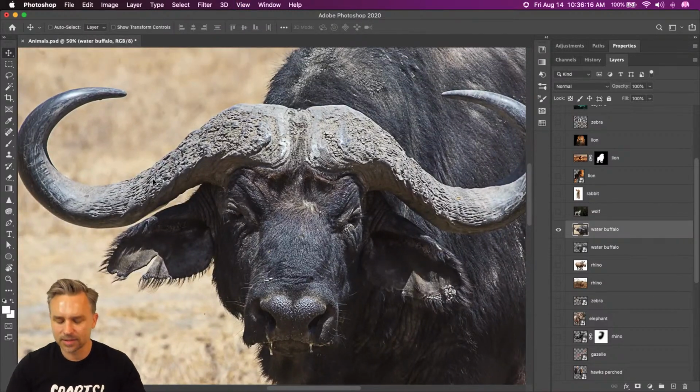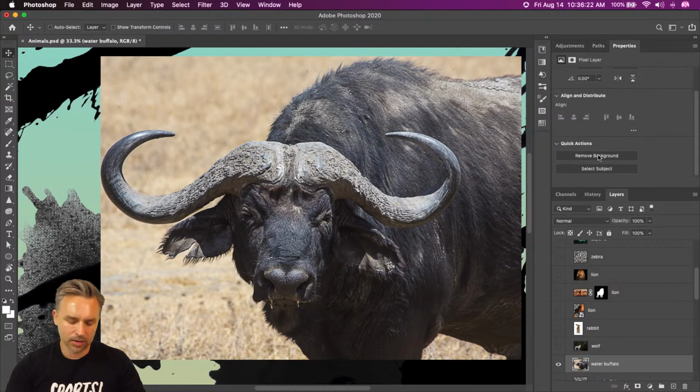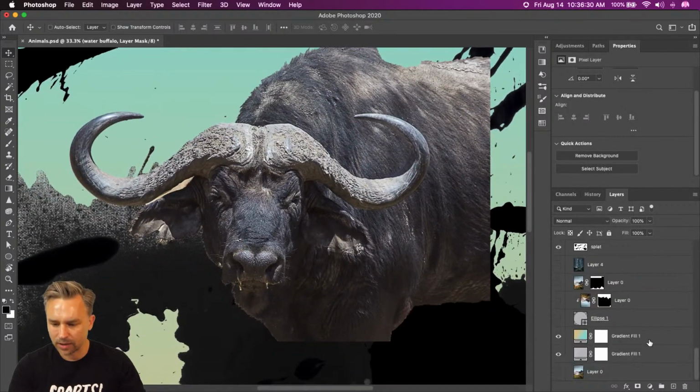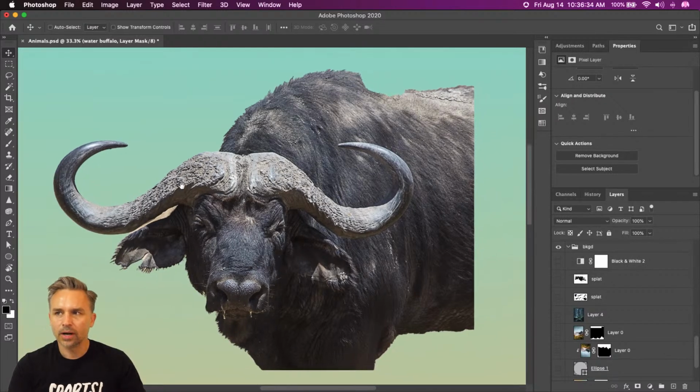What is this? This is also a magical creature. Our lovely water buffalo, right? I'll do the same thing right in here. What do I want to do? Remove the background. Bam. It removes the background for me. Okay, so this is a case where, let me turn off some of those splatters, where I